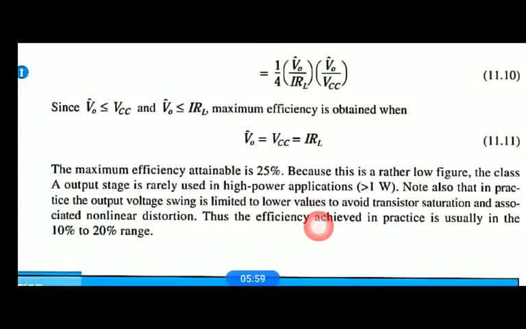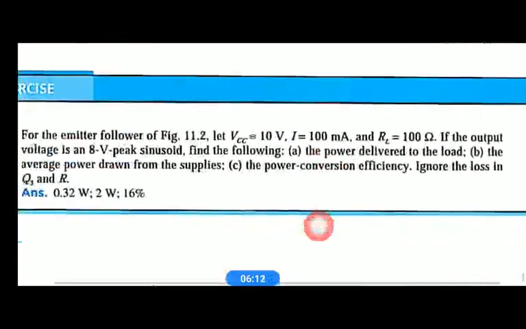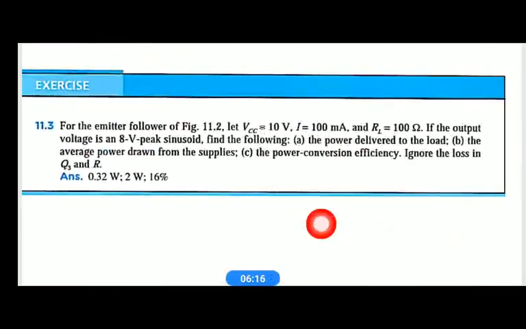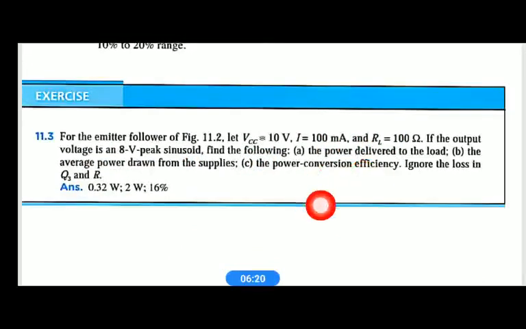This kind of amplifier, the class A amplifier, provides the full cycle, which is one advantage, but its biggest drawback is that its efficiency is very low. You can easily calculate the value using this, so do this in the assignment book. I will give a hint on how to calculate it.